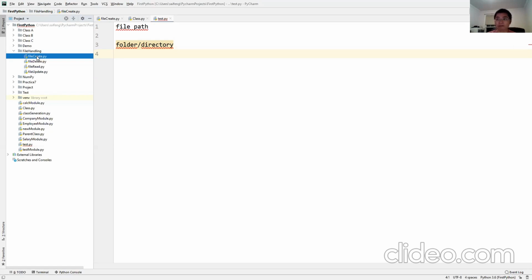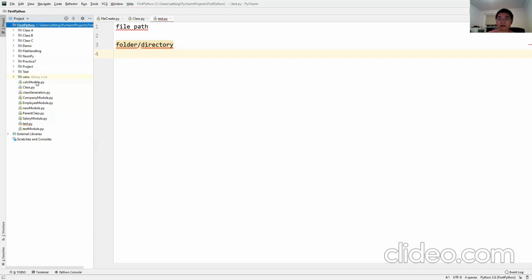Usually they have different file extensions. Like here, this is a Python file, so it's ending with .py. If it's a Word document file, it's gonna end with .doc. If it's an image file, it could be ending with .jpg. So that's the concept of folder and file.